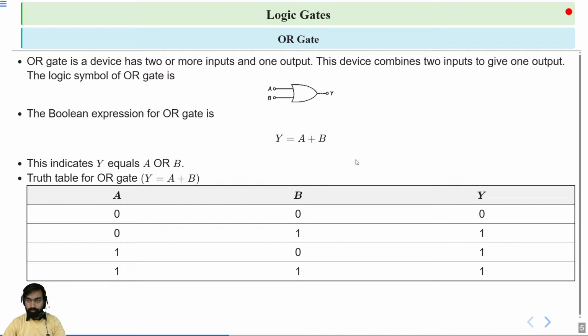For two inputs A and B, the truth table is this one. For two inputs, what does it mean? It means there are four